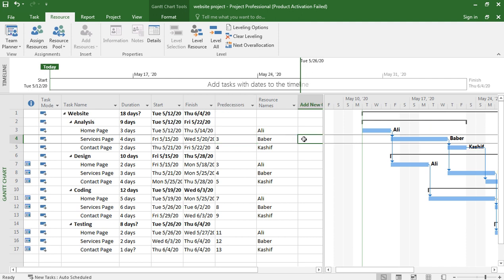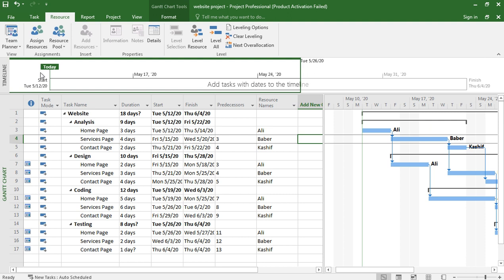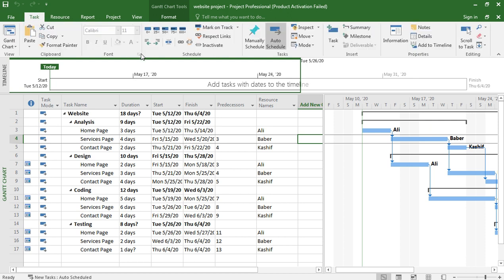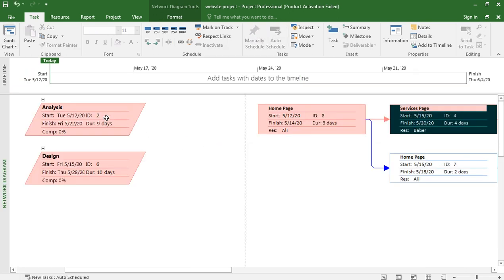Next, we should save this, and if you go to task, then you see this Gantt chart and network diagram.